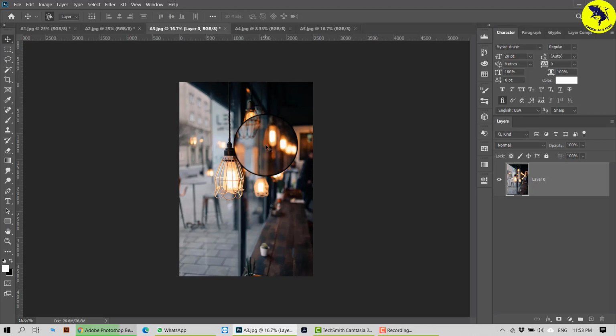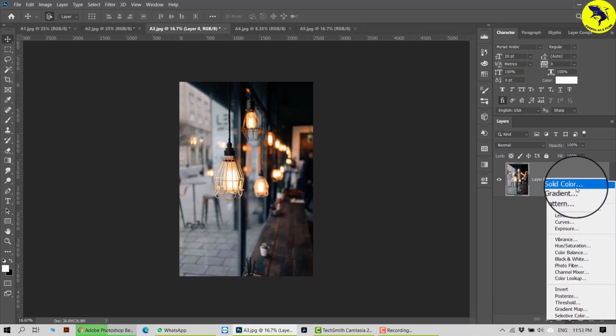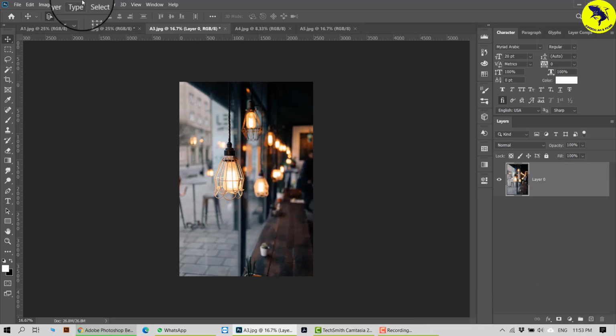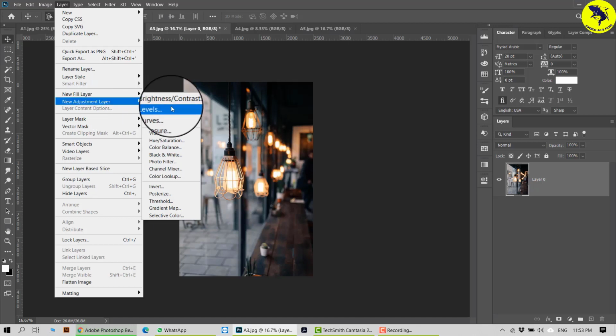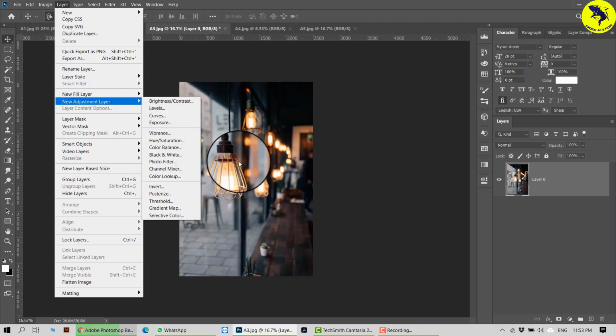So where are my adjustment layers? There are 2 ways to find them. First of all, there is one small icon at the bottom of your Photoshop which shows all these adjustment layers. If not, go to Layer at the top and scroll down till you get New Adjustment Layer, and you have all the layers which can be used as a secondary option, and then you can use different modes in order to bring out your artwork. I'll use different effects on different pictures to show you how it works.